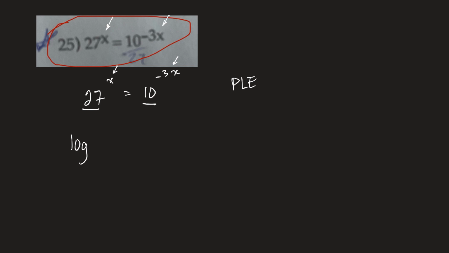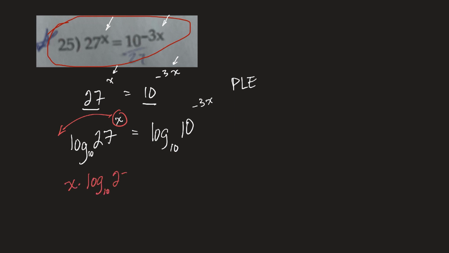So if I log one side, I can log the other side. So log, and I'm going to use base 10. Log base 10 of 27 to the x is equal to log base 10 of 10 to the minus 3x. Now I can use the power rule, which says I can take that exponent and pop it up front. So it'd be x times the log base 10 of 27 is equal to negative 3x times the log base